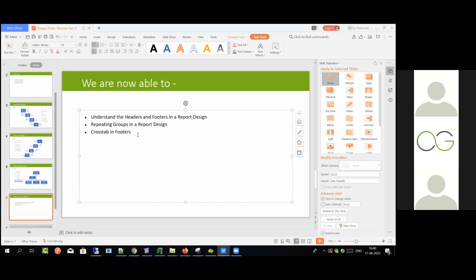Right? And lastly, we have used the cross tab in footers, which can be used for various purposes. One is to show a matrix of all the various quantities and sizes, and another is with respect to summary information. So group summary information and then the report summary information, so that we can provide a clearer and more terse kind of information in the report viewer,